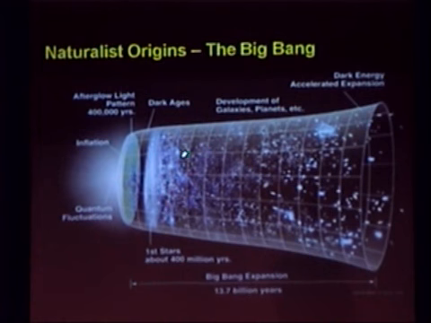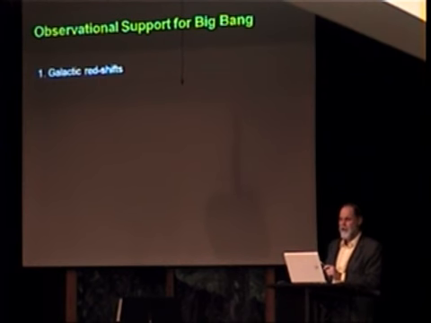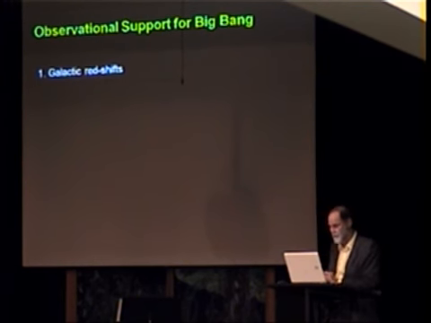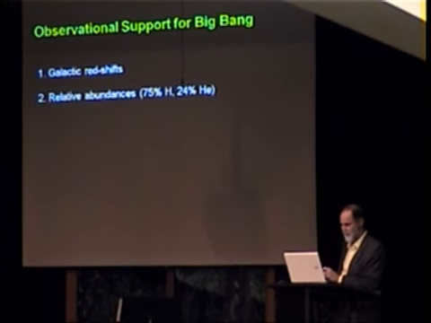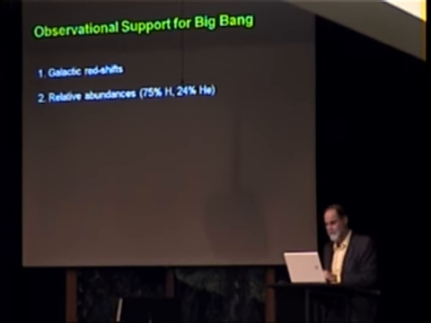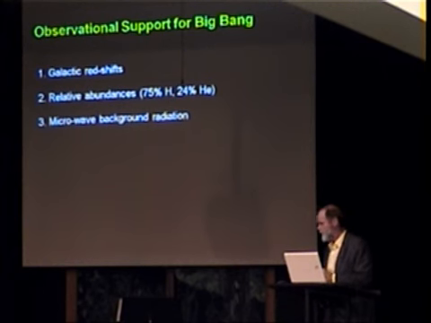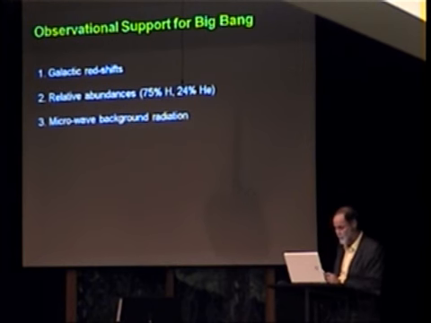And after that, we get stars being formed. First stars at 400 million years, then galaxies, then we get the expansion, and so on. What is the observational support for the Big Bang? Well, galactic redshifts. I mentioned that this morning, that if you look at galaxies, you'll see they're shifted towards the red. I'll explain that a bit more in a few minutes. If you look at the abundances of elements in the universe, the Big Bang predicts about 75% hydrogen, 24% helium, the rest higher elements. That's roughly as observed. And the microwave background radiation: if you look in any direction with a radio telescope, you'll see radiation of about 3 degrees